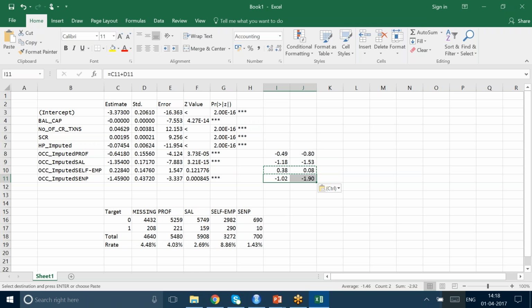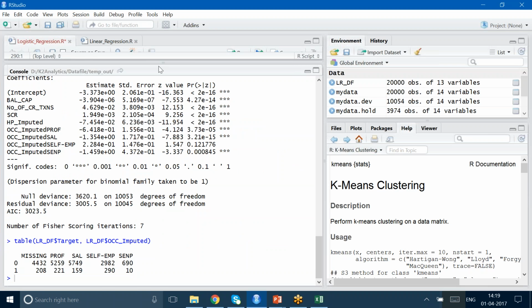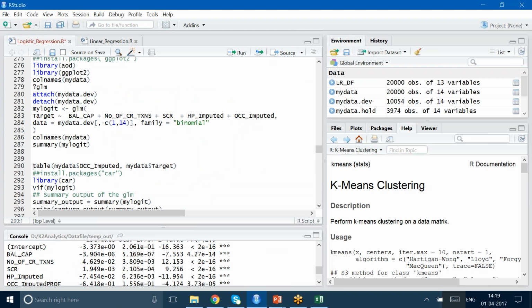But it is quite possible that in validation, if we run this on validation, it will show that the beta is not stable. In that case, what we have to do is, because the response rate of this and this category is not very far off from each other, you can take a judgmental call and say, I am going to club these two categories as one category. What this means is,